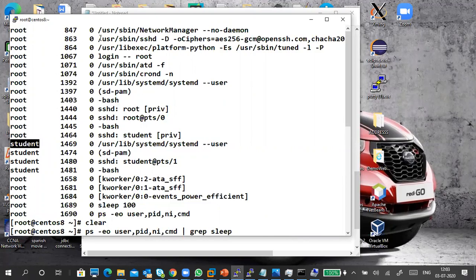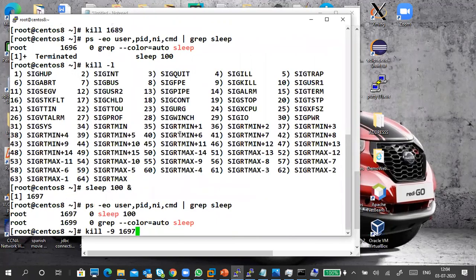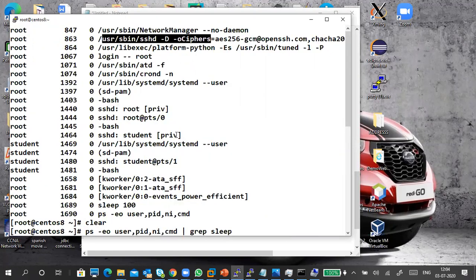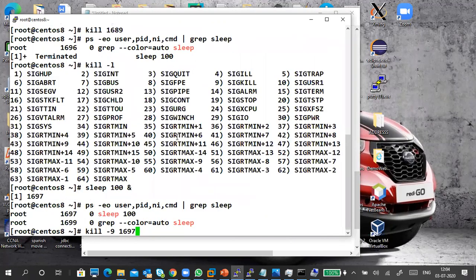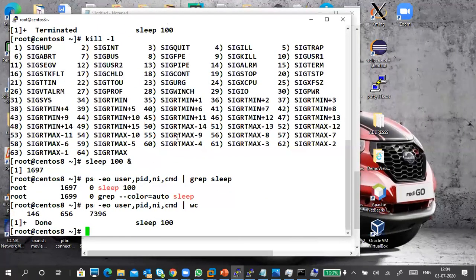If a process is somewhere in this location, it's very difficult to look at, right? You have to scroll down, scroll up, and there are this many processes. How many processes are running here? With wc, you can see 146 processes are there.